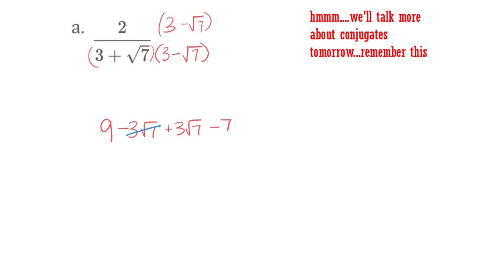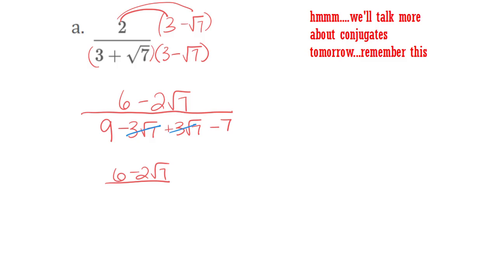This is going to go away, this is going to go away, and I just have the 9 minus 7. But I still have my numerator. And I'm going to have to take this 2 and I'm going to have to distribute it. That's going to be a 6 minus 2 square root of 7. And one more time, 6 minus 2 square root of 7. It's going to be over 2. And normally we would just be done. However,